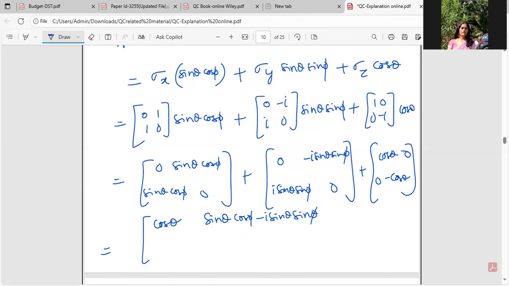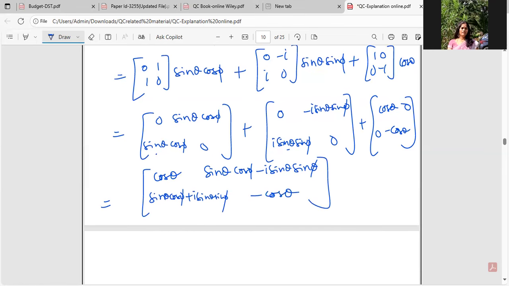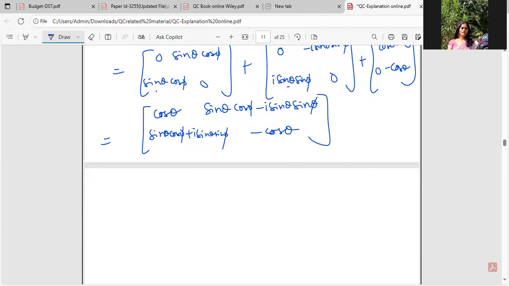Okay. Next, this plus this plus this. Sin theta cos phi plus i sin theta sin phi. Okay. Then 0 plus 0 minus cos theta. Minus cos theta. Okay. I have a matrix. The resultant sigma n is a matrix. Now, if I want to find